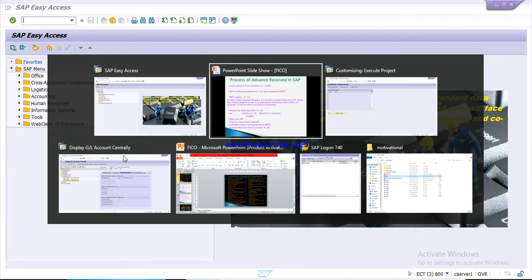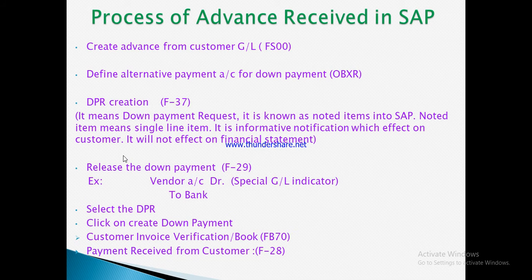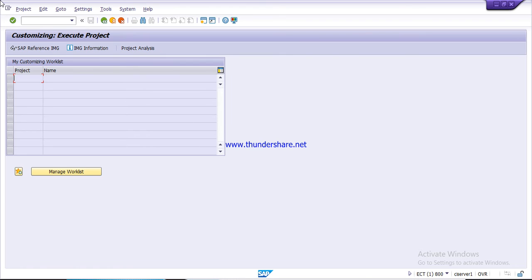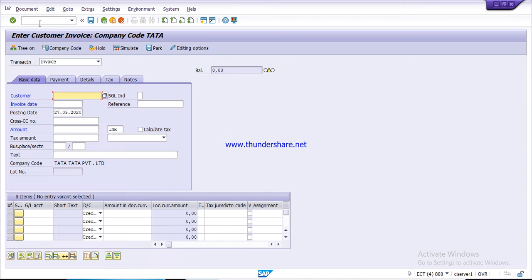Now next, we will create one customer invoice through the T code FB70. Go to SAP, run the T code FB70 to book the invoice. As we created earlier also, we will book one more new invoice.